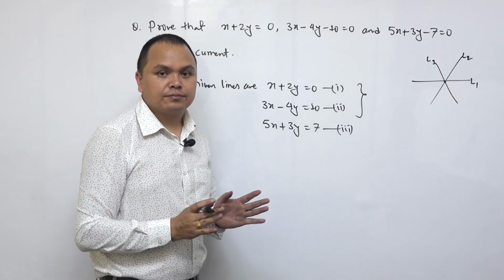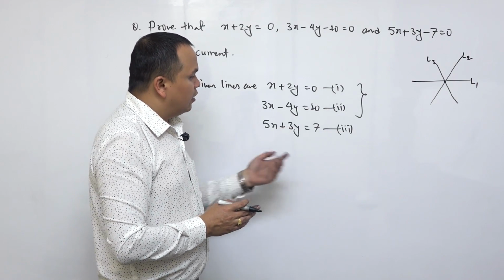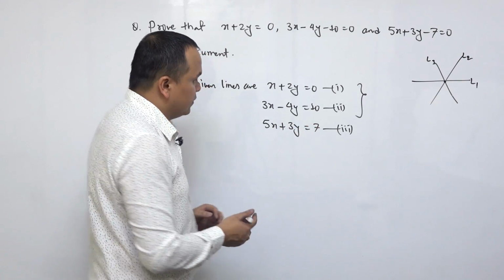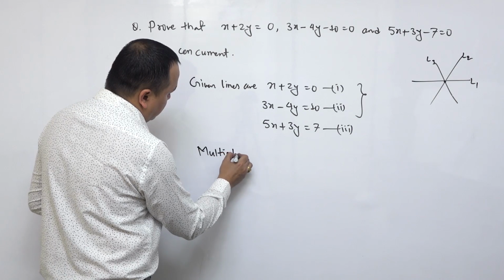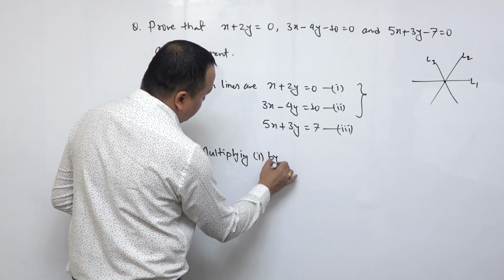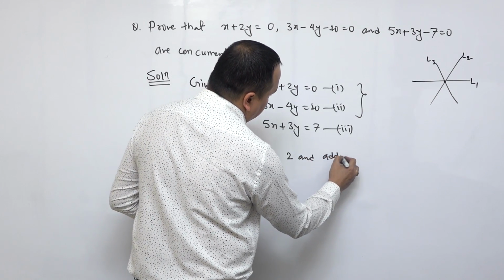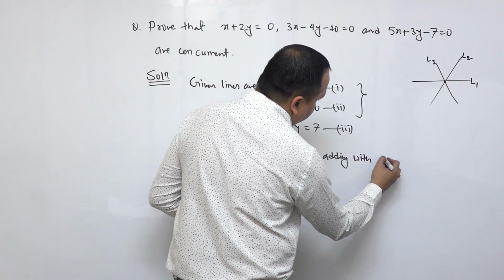Any two, either I or II, or II or III, or I or III. So multiplying I by 2 and adding with II,